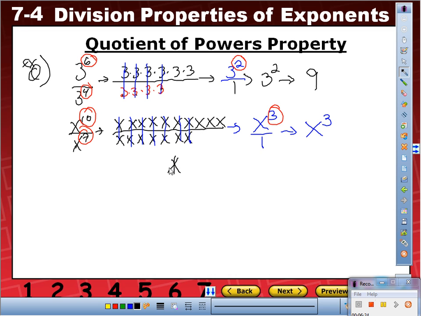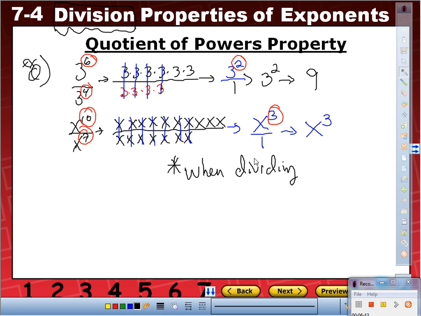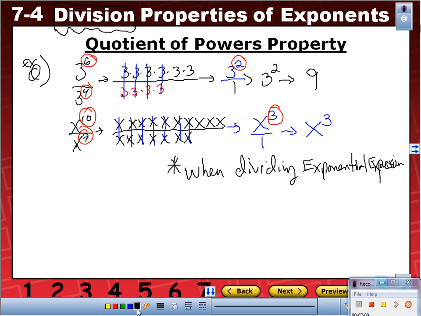So if we were to come up with a rule, let's see. Let's start off our sentence right. What operation are we doing? What did we say was today? What did we do? Everybody? Division. So therefore, when what? When dividing, what are we dividing? What are these called? What is our main concept? Exponential expressions. When dividing exponential expressions,